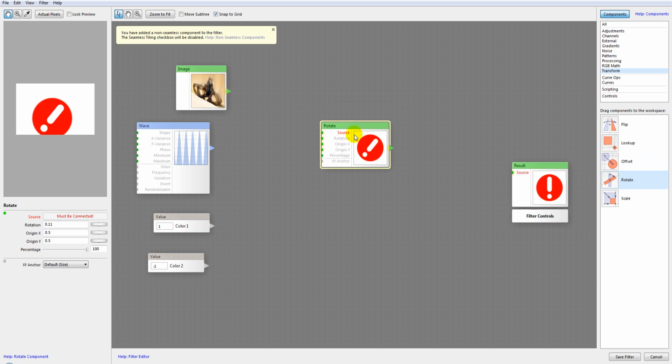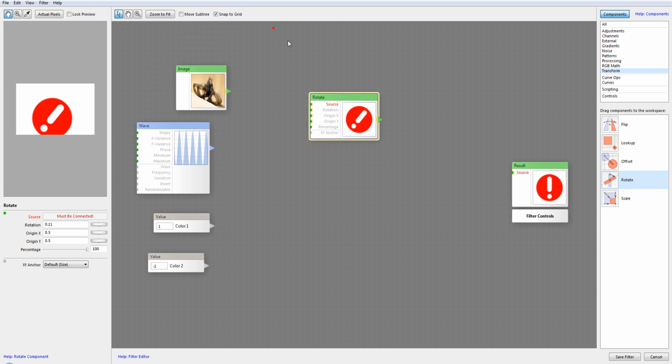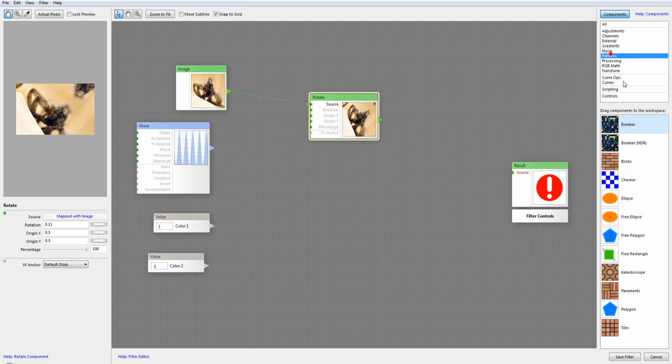Okay, next we have Rotate, and you will notice a notification that rotate won't apply for seamless images. Rotate will take a source image and rotate around the origin point defined by X and Y. So let's connect it right here, and you can see it's rotating. The best way to preview this right now, because all origin points are the same, is that it's rotating all points equally. However, if we go ahead and take